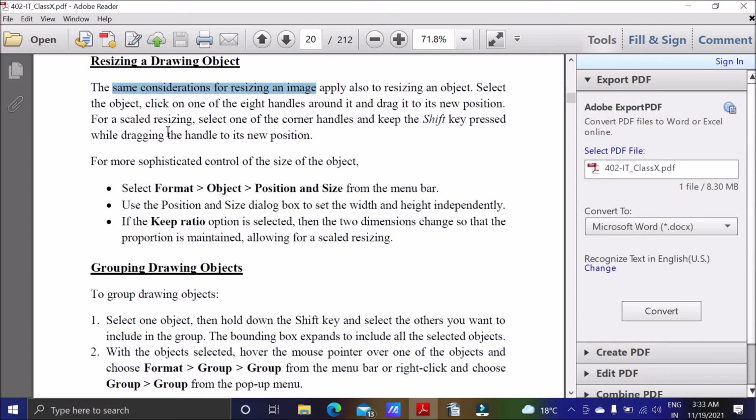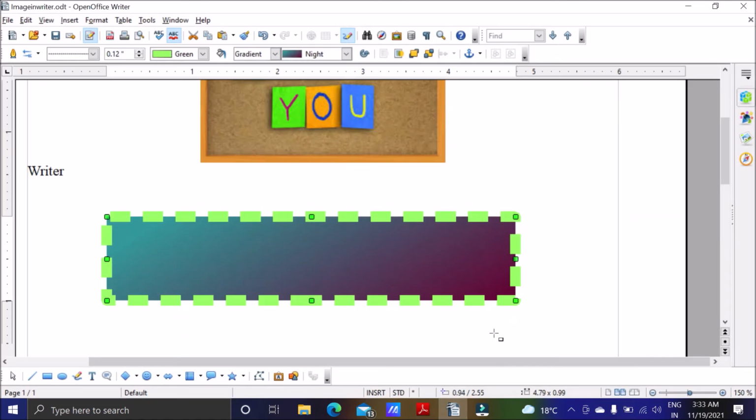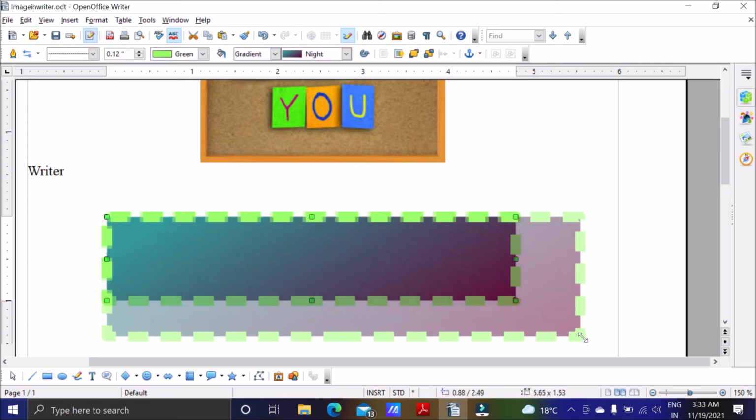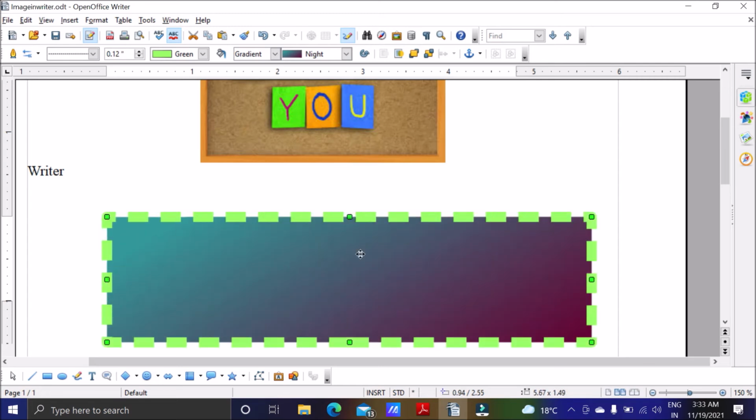We select the object and click on any one of the 8 green handles around it, and drag it to its new position. So this is our object, and when we click on it, you can see these green handles, and we can just use the left mouse button to drag, and we can change the size.